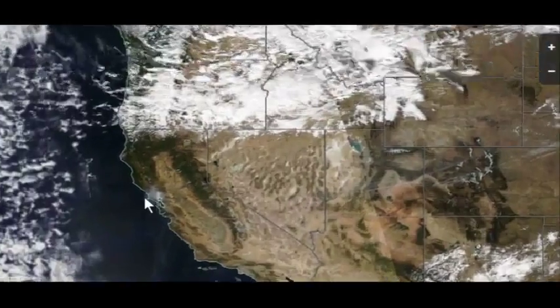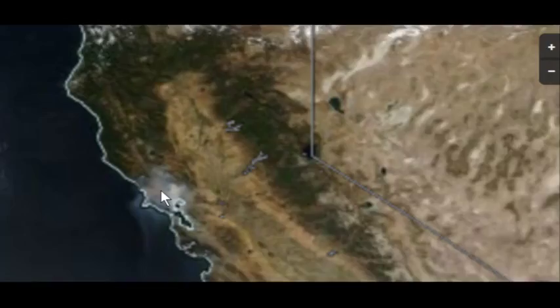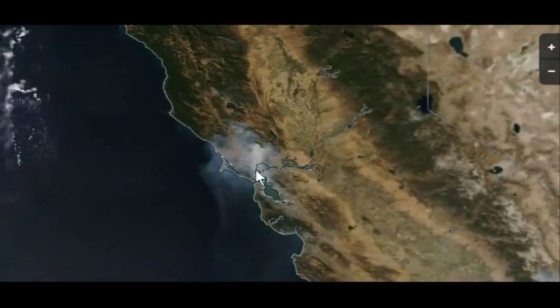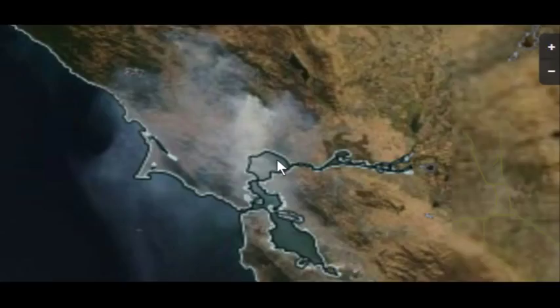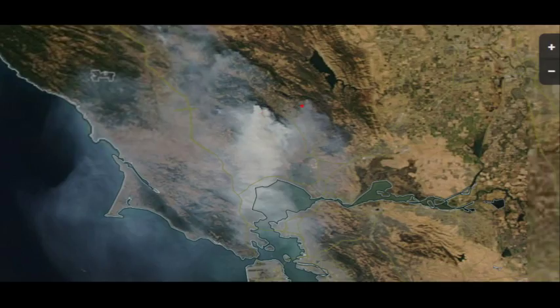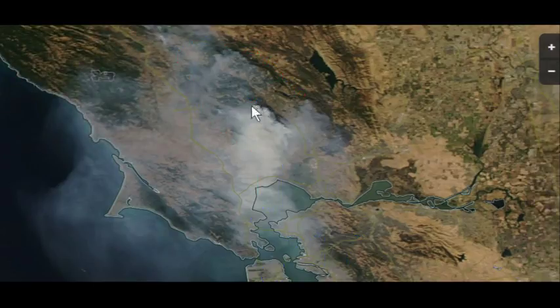And then out west we see that smoke. We can zoom way in on that. This is the San Francisco Bay Area, and we're looking at the smoke there from, I think that's the Napa County area. And there's one of the fires right in that region, and the northerly flow carrying that smoke right into the San Francisco and Oakland area there. Very extensive smoke cover, and we can look at the